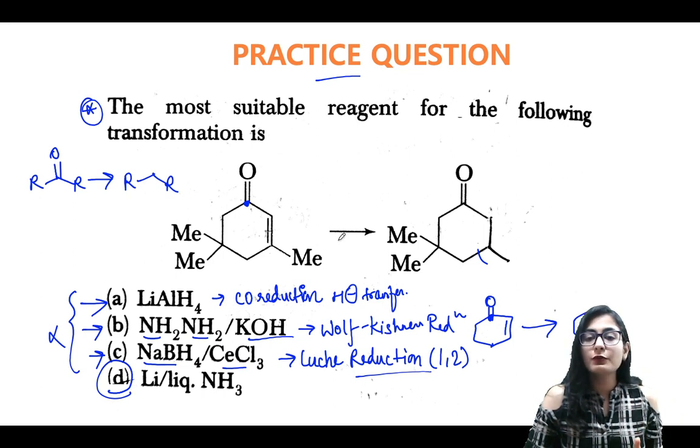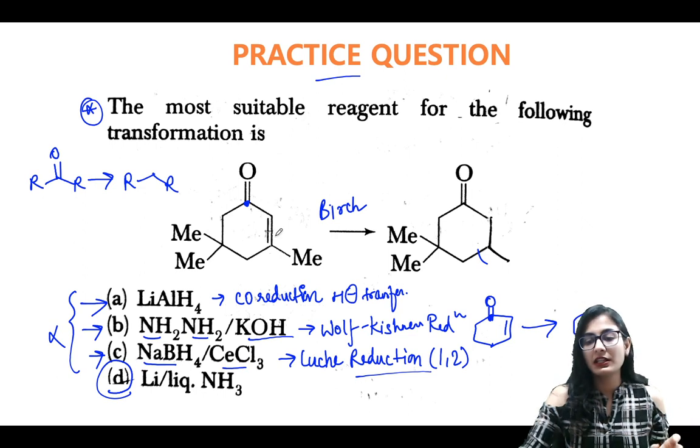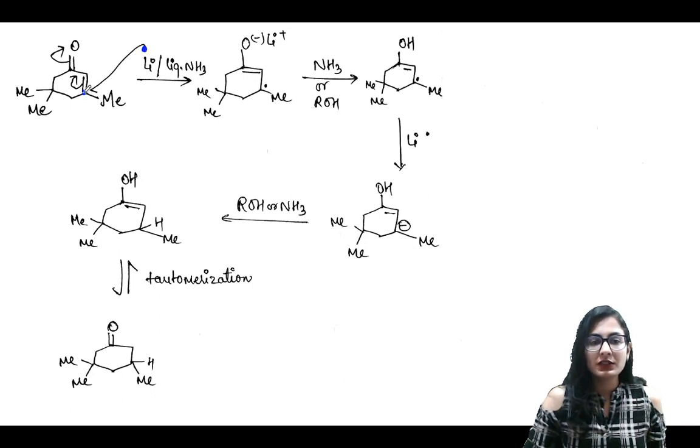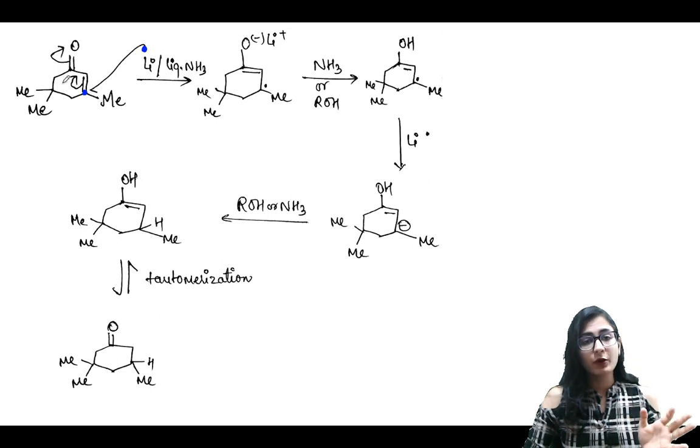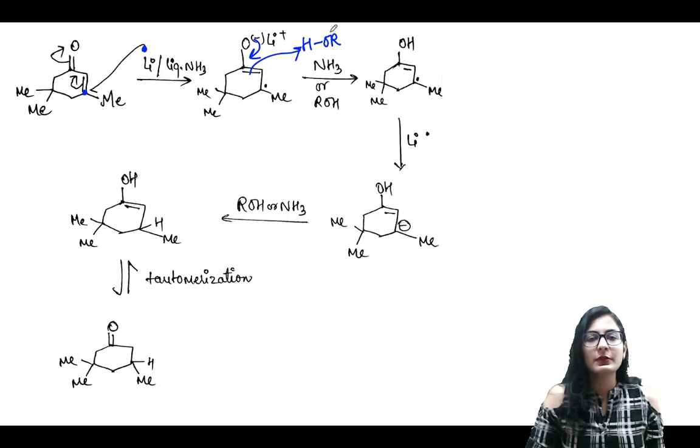We are going to do Birch reduction over here. It's going to be Birch reduction just to reduce the double bond in an alpha beta unsaturated ketone and not the carbonyl. So it goes like this: our lithium in liquid ammonia is going to transfer an electron to this carbon over here. Bonds are going to move like this. It forms an enolate, and when the enolate opens back up, it's going to take up a proton from either the alcohol or ammonia, whichever is available.